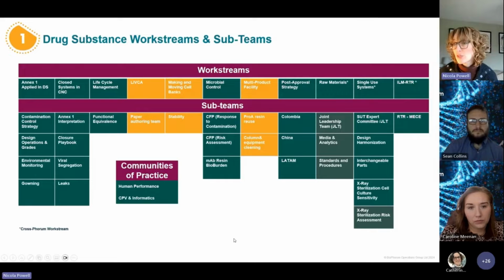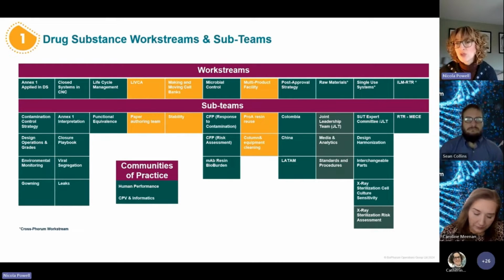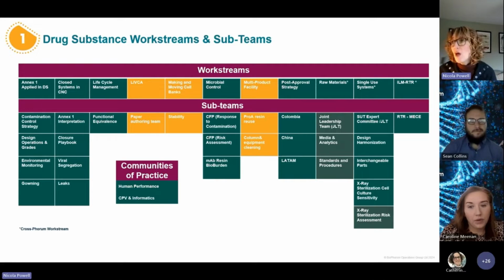One more slide from me, introducing drug substance. This one gives you a high-level overview of our different work streams. The top row here lists the work streams that are currently active in the Drug Substance Forum. You will see below that we organise ourselves in the main into different